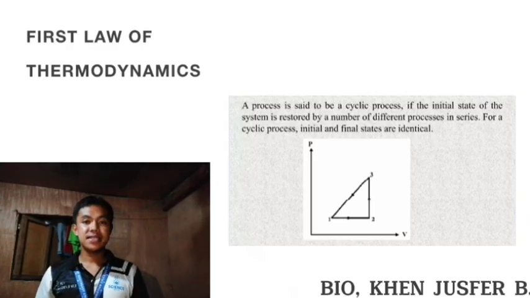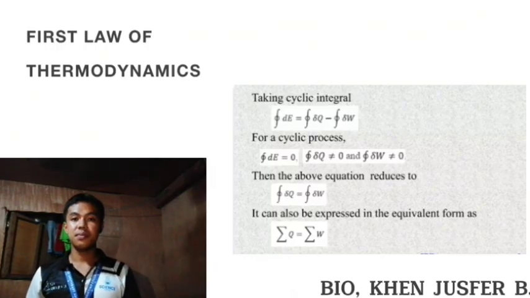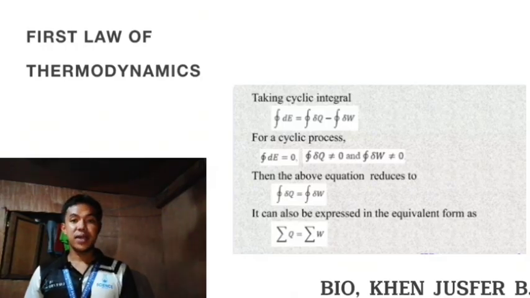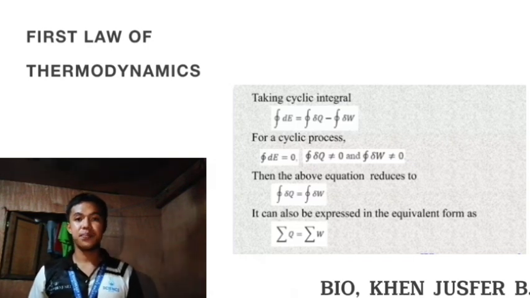For a cyclic process, initial and final states are identical, so delta U equals 0. Taking the cyclic integral for a cyclic process, the above equation reduces to the following. It can also be expressed in the equivalent form as,